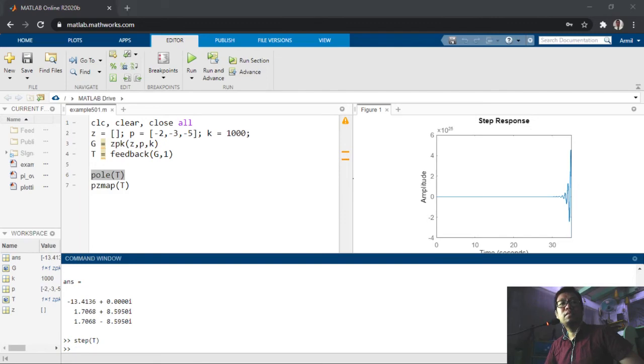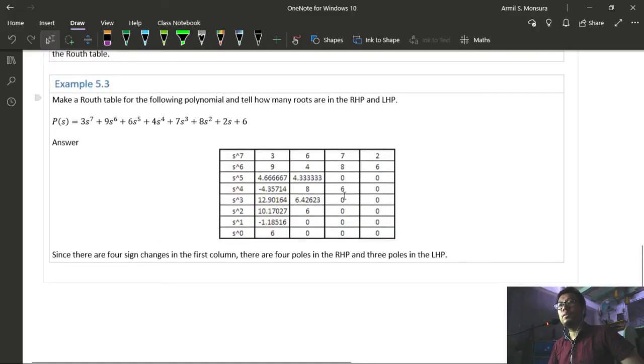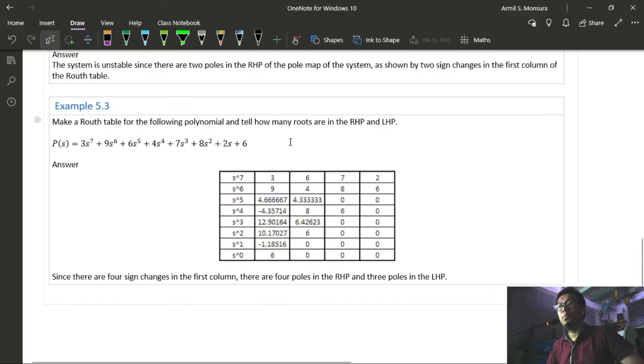So, ayun. Now, let us make a Routh table for the following polynomial and tell how many roots are in the right half plane and the left half plane. So, ito yung polynomial natin. Okay. So, we start off by